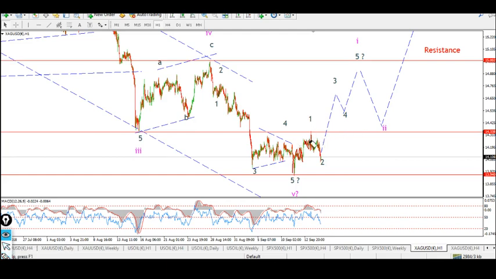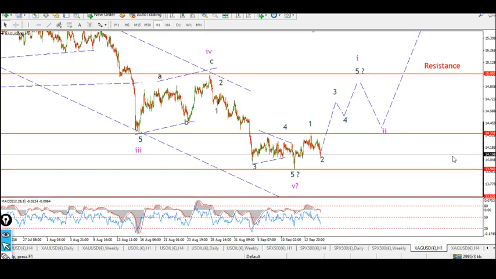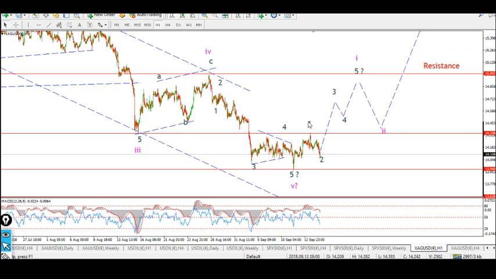Let's get rid of that mess for the moment and get back into the chart. Okay, so if that's wave 1 up, we've had a nice 3-wave pattern to the downside. So that's definitely